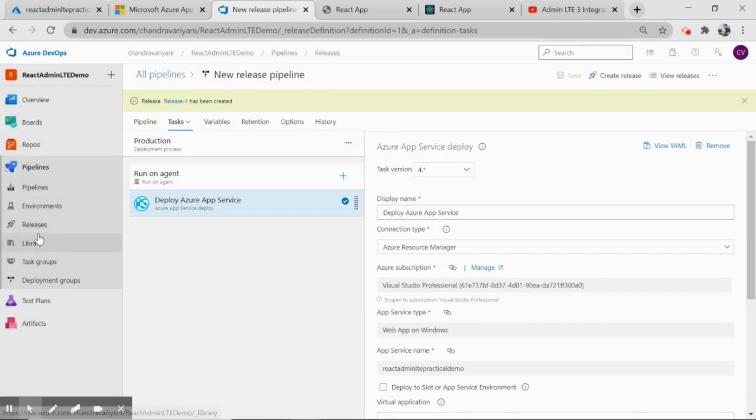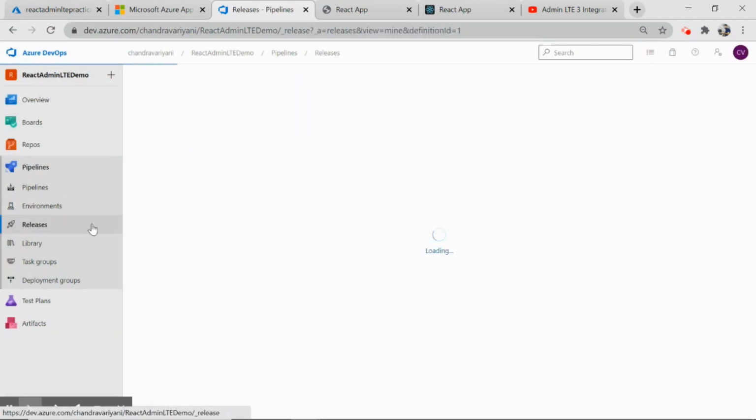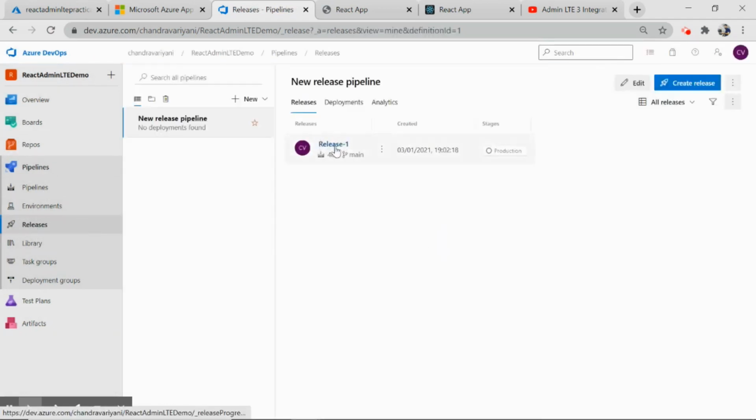Now if I go to this release one, you can see one release pipeline has already been created, and that is in queue. Once again, it will be in progress after some time, and then it would either succeed or be rejected, right? So again, let's wait for a couple of seconds. Let me pause the video meanwhile. So it has actually started. I'm going to pause the video. Okay, so we have a green tick here.